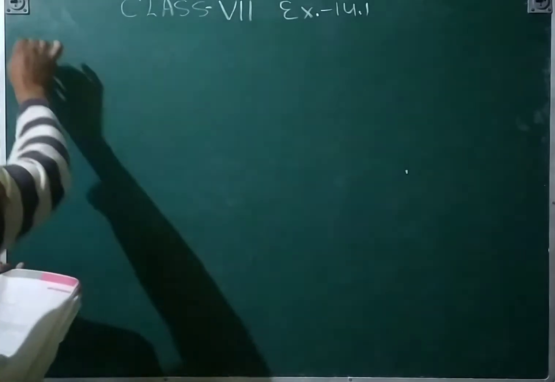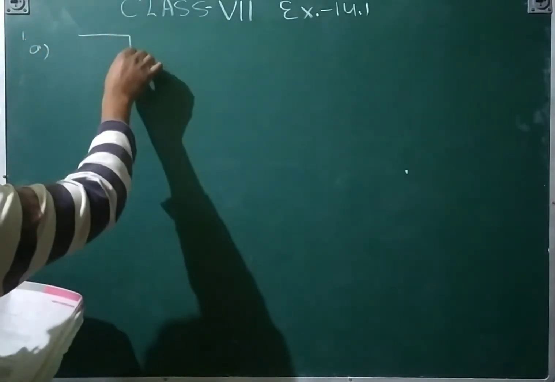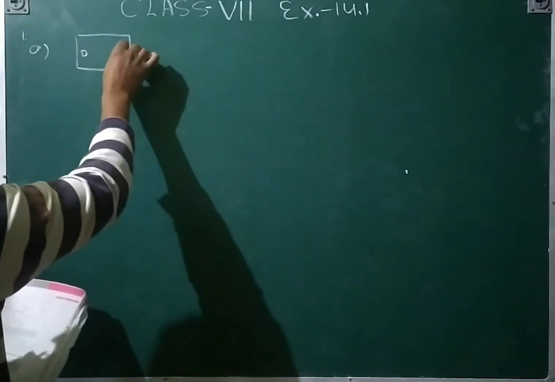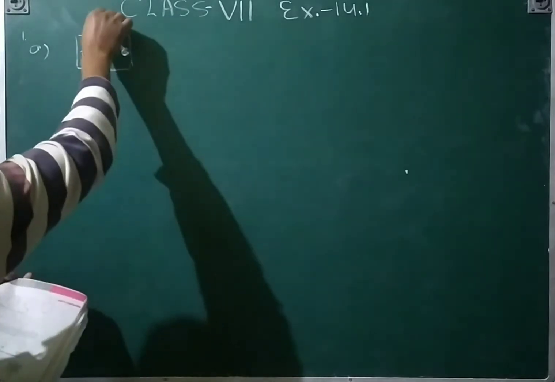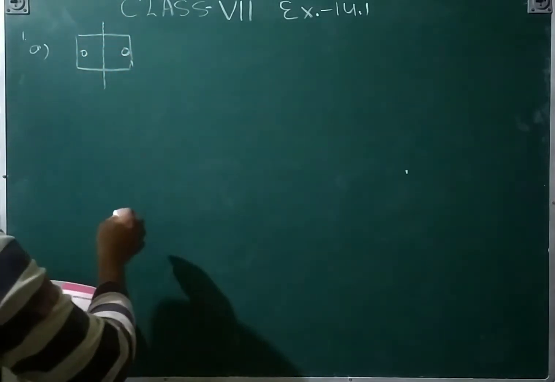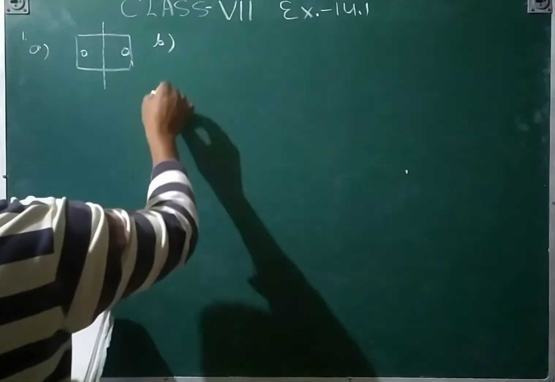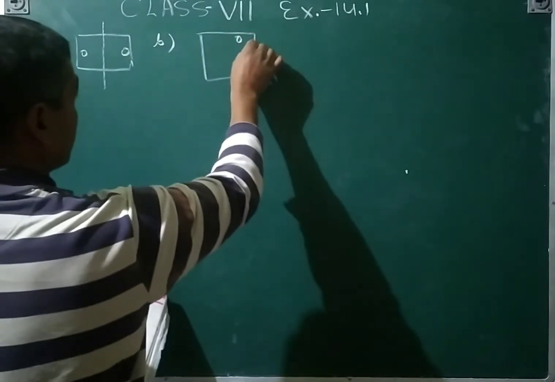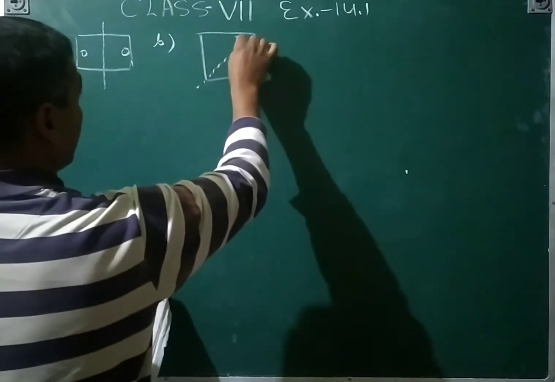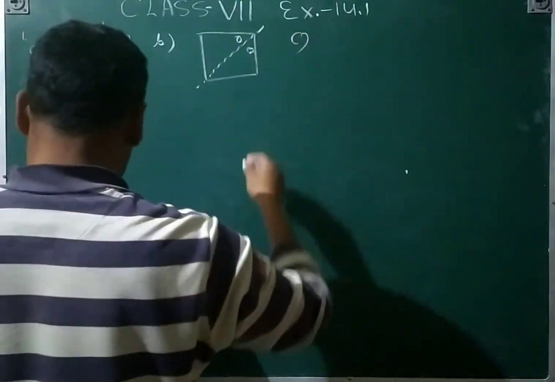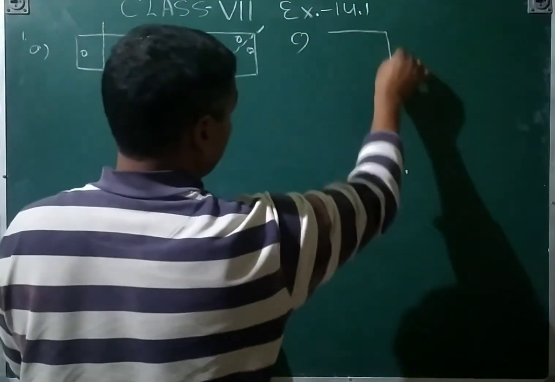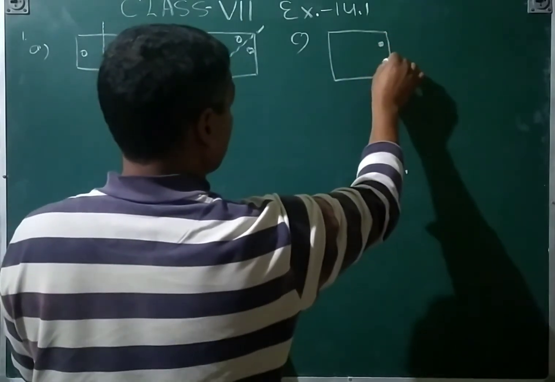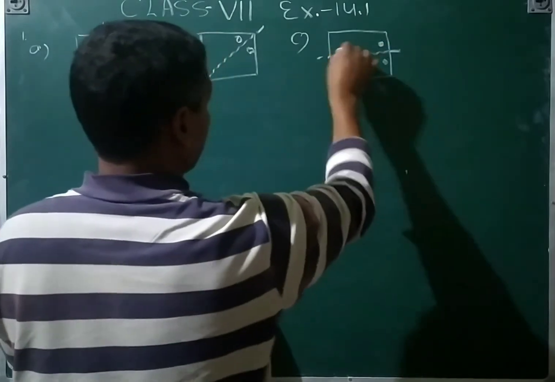So you are looking here first at part A. That is like a cube, and a 0, a hole, is given there. So what will be that one? This one will be the symmetry line. B part is also similar, like a spherical box with two zeros there, so that will be the symmetric line. C part is also spherical, and two zeros are given there, so that is a symmetrical line.